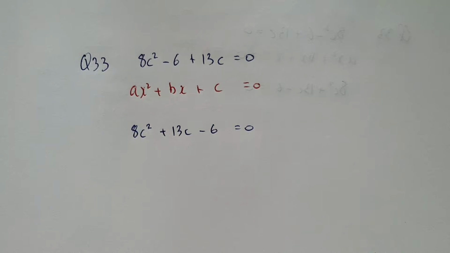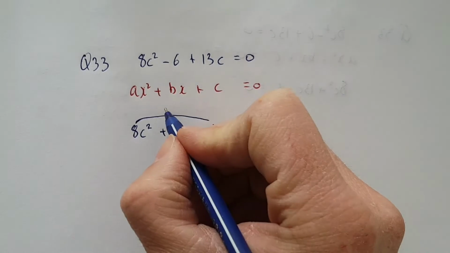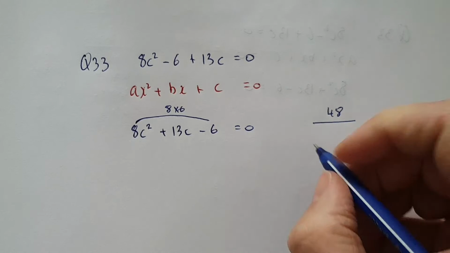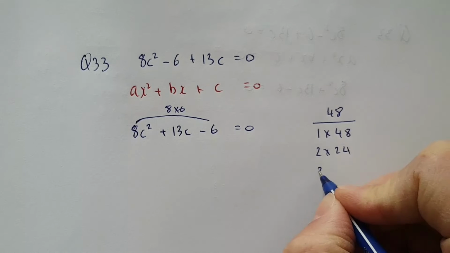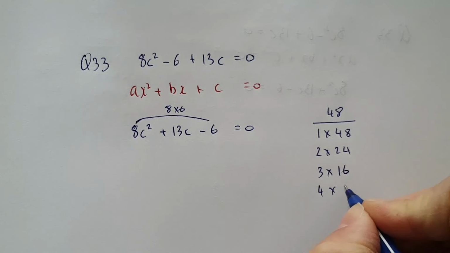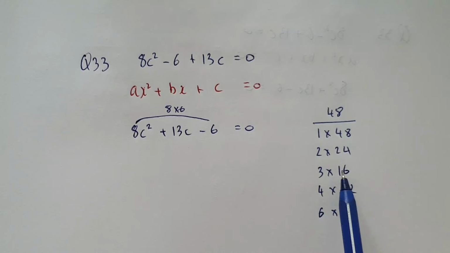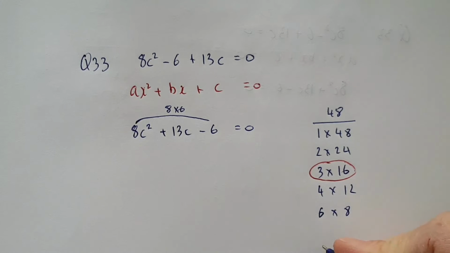So now it's written in the correct form and we're ready to start factorising the left hand side using our guide number method. So 8 times 6 gives me 48, which is our guide number, and we look at all the factor pairs of 48. So 1 by 48, 2 by 24, 3 by 16, 4 by 12 and 6 by 8. Now one of those factor pairs is going to have to add up or subtract to give us the 13c that we're looking for in the middle. That's going to be our 16 and our 3,